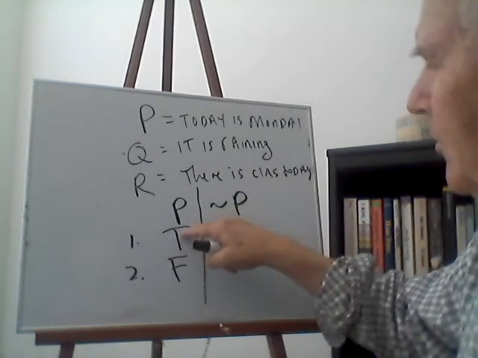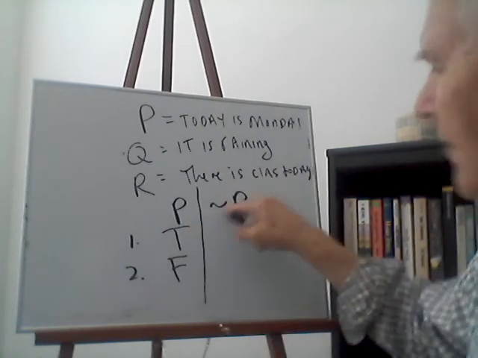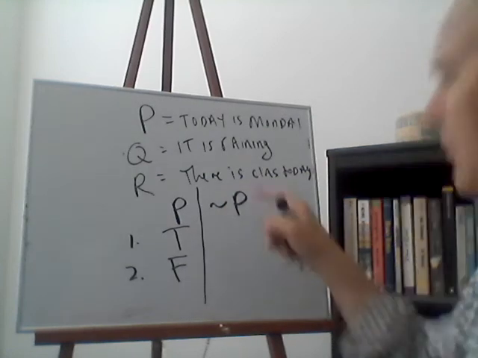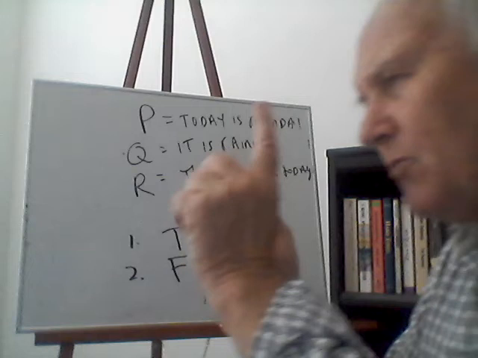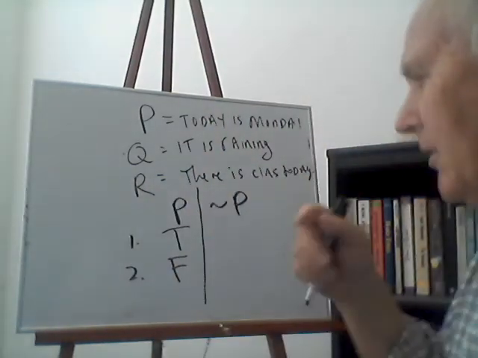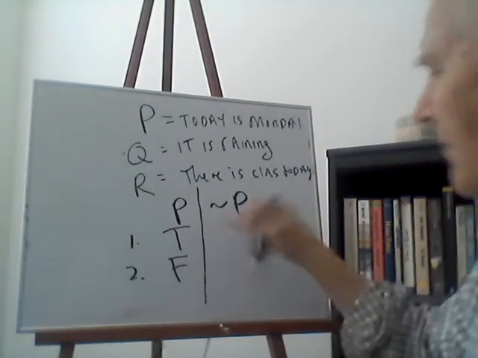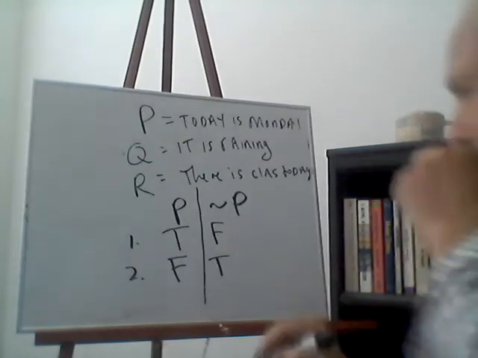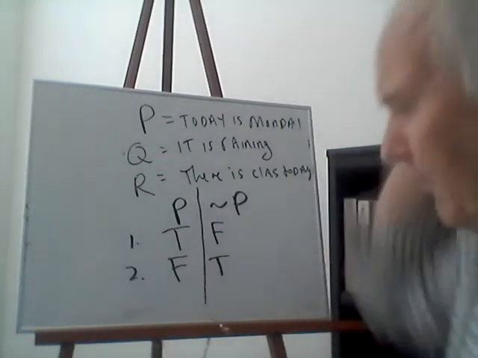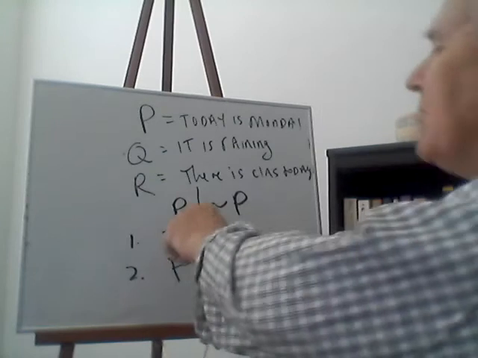If P is true, the rule for the negation sign is that if you put a negation sign in front of a statement letter, you reverse the truth value. So T becomes F, and F becomes T. This makes a lot of sense. Think about it. If today is Monday is true,